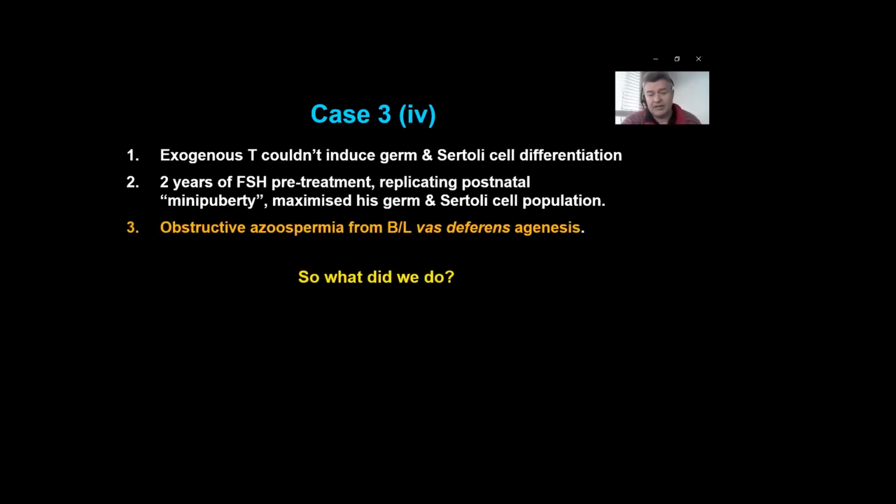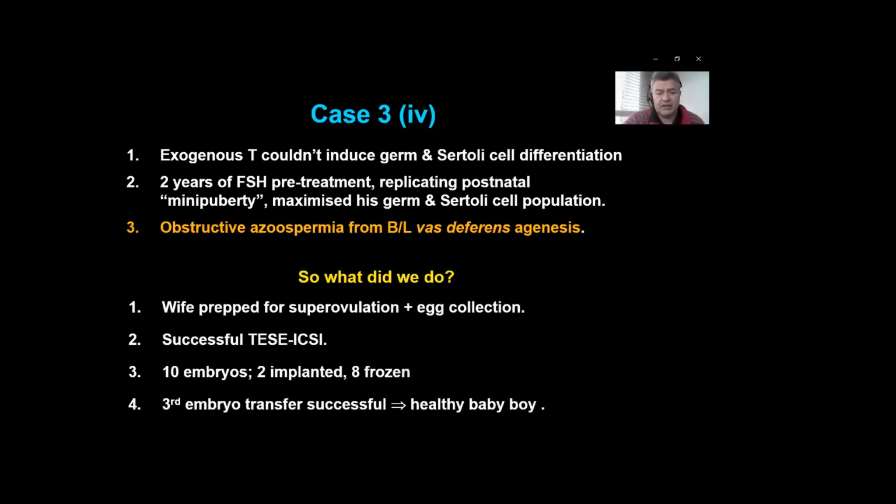Well, what went wrong is that I didn't examine him properly. So actually, he coincidentally had bilateral vas deferens agenesis, and so he needed TESE, testicular sperm extraction, and ICSI in order for his wife to fall pregnant. Case 4,